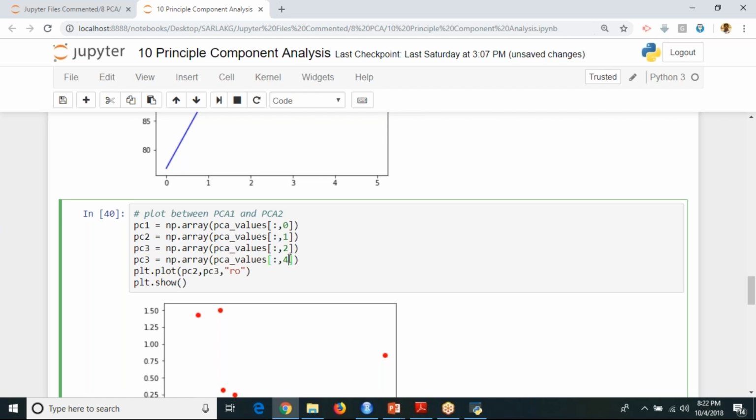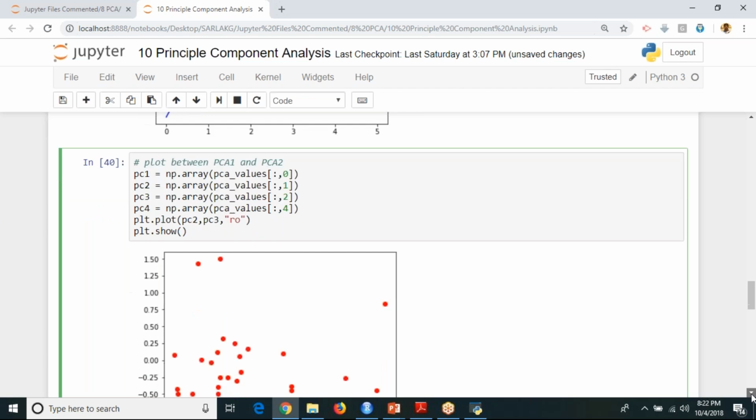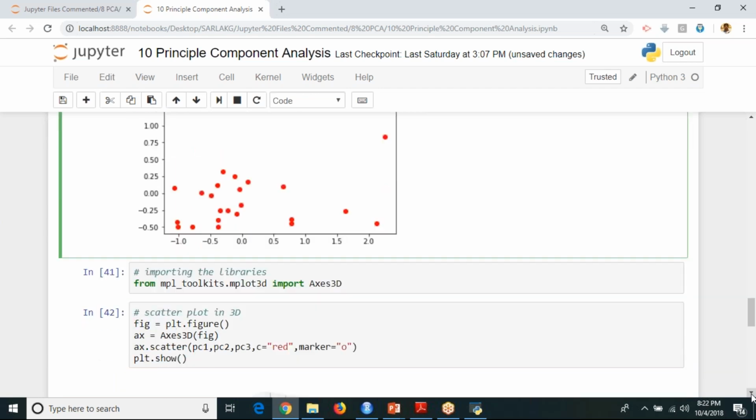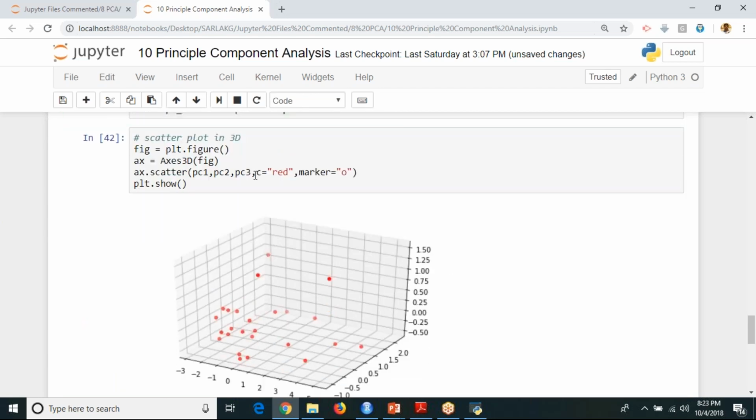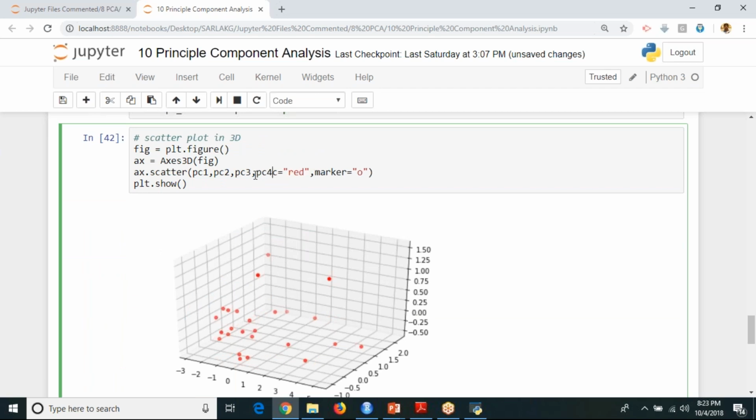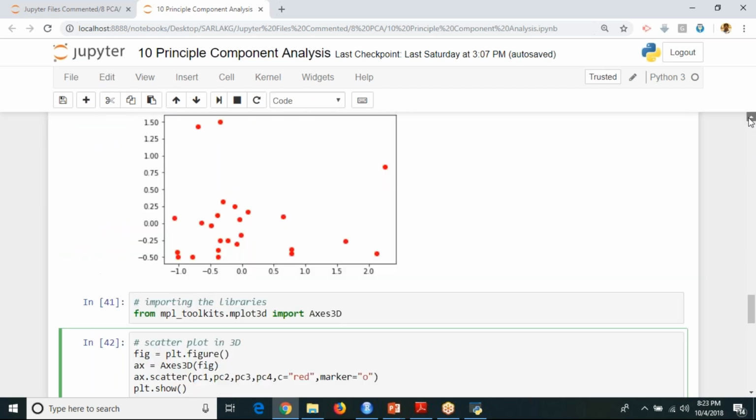Now I'll give PC4 also in my 3D image. Then how does it look? Can you tell me how it looks if I pass that?